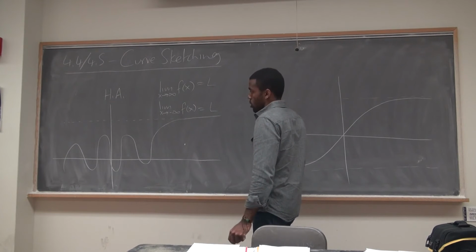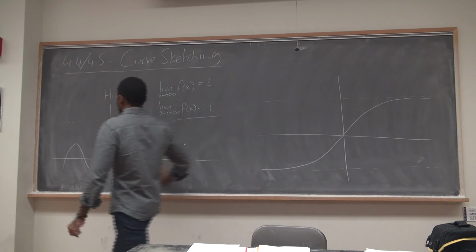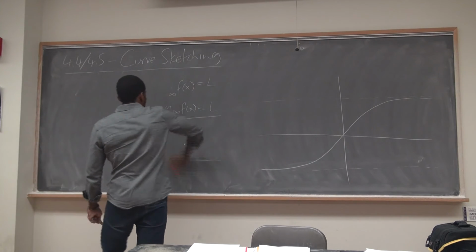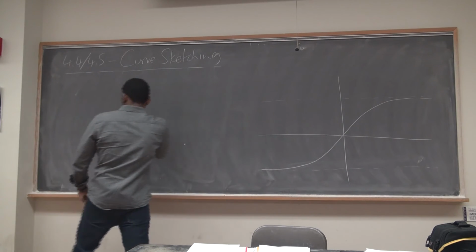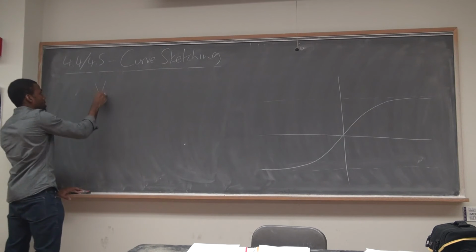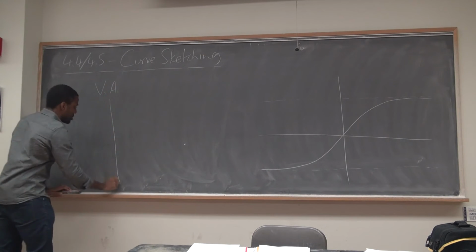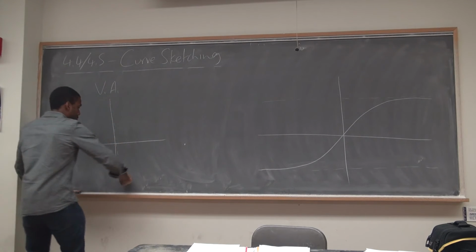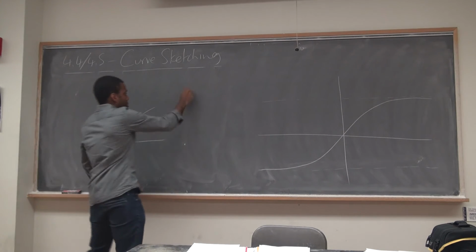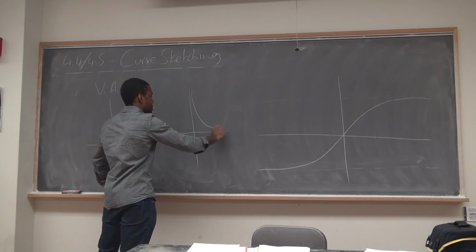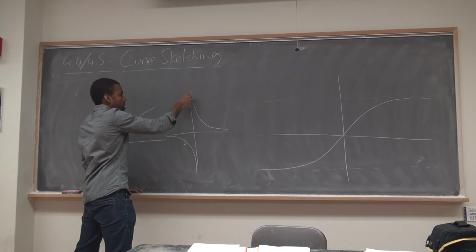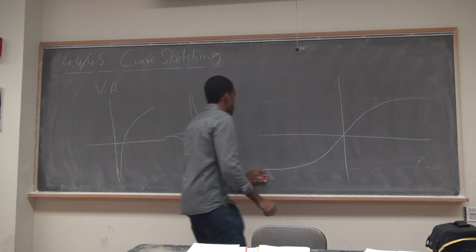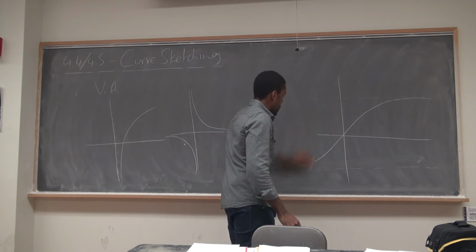Vertical asymptotes are the ones that happen kind of like around logarithms, or the graph 1 over x has vertical asymptotes. So an example of a vertical asymptote, something like a log has a vertical asymptote. It's like that. Or 1 over x will have a vertical asymptote. Right? There's a vertical line that you cannot touch. You'll have other graphs.